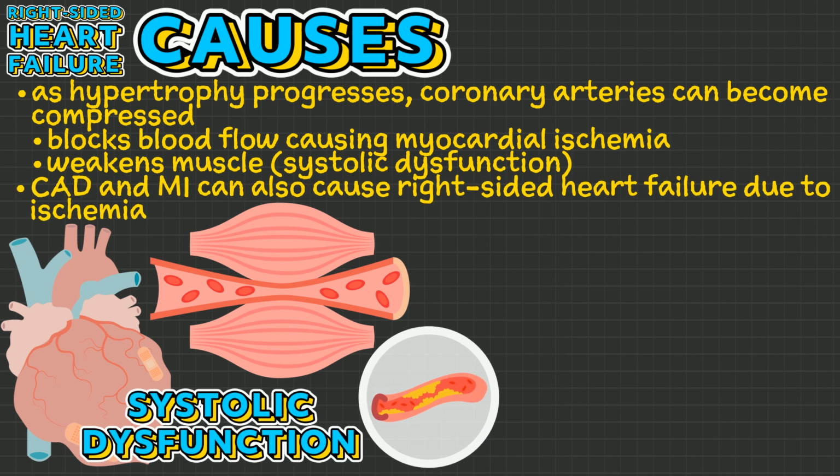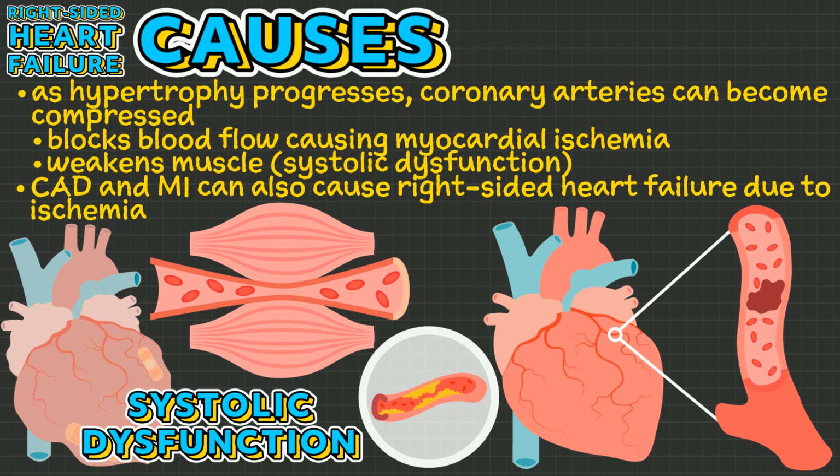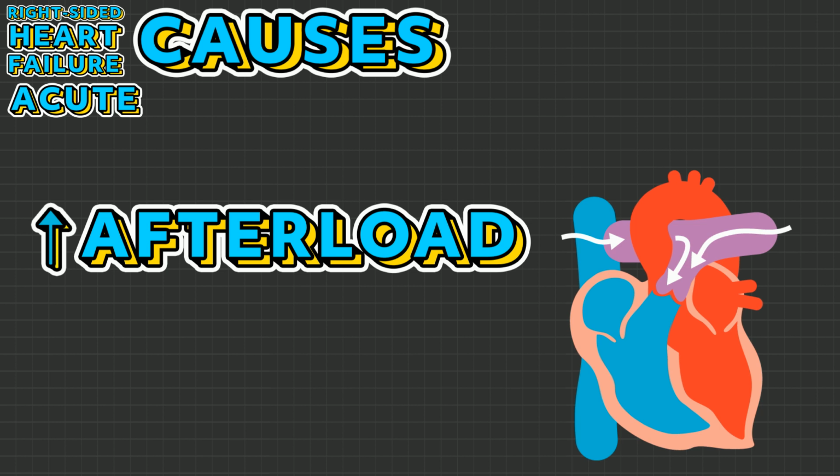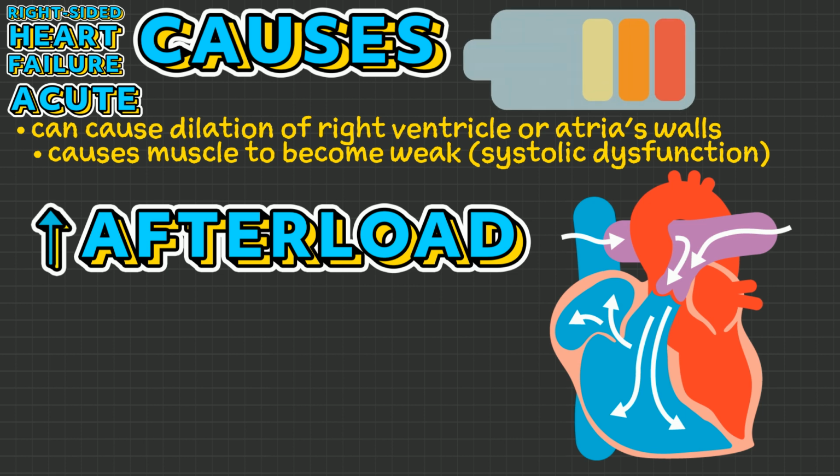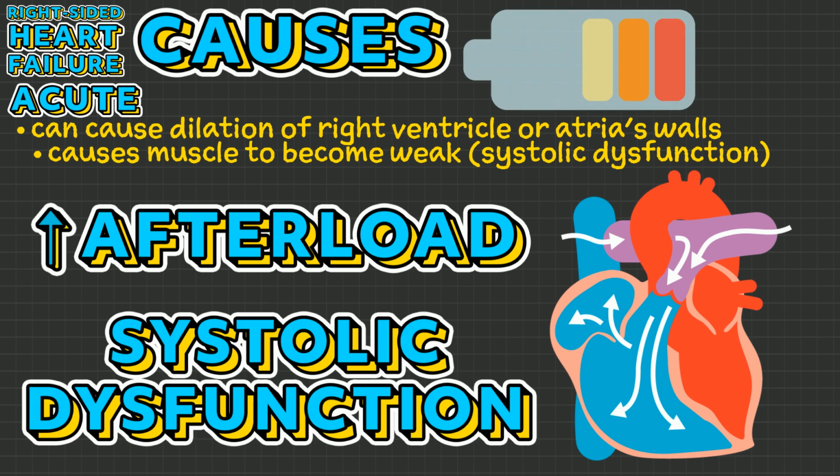Coronary artery disease and myocardial infarction can also cause right-sided heart failure because of ischemia. And in contrast, if afterload increases acutely, it can cause dilation of the right ventricle or atria's walls. This causes the muscle to become weak, resulting in a systolic dysfunction. If you want to learn more about any of the conditions mentioned, you can click the link on screen or